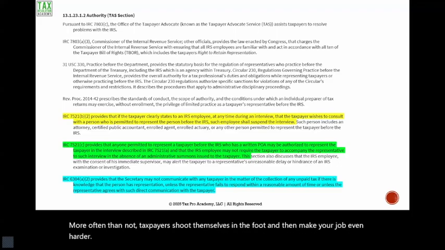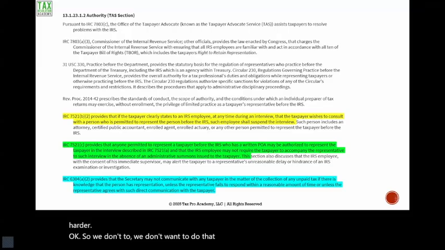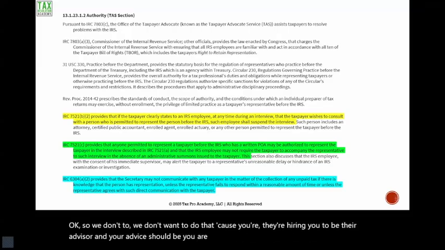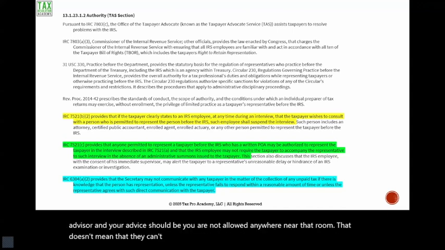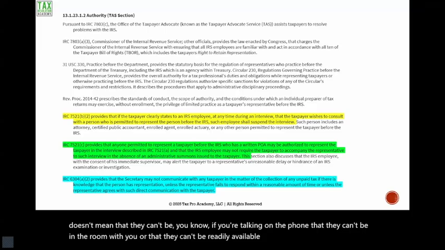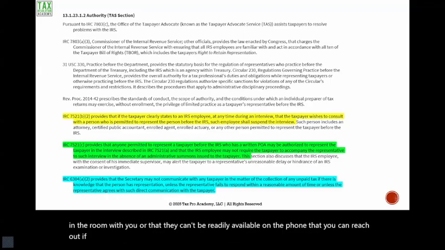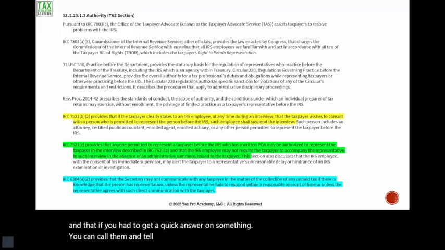Okay, so we don't want to do that because they're hiring you to be their advisor, and your advice should be you are not allowed anywhere near that room. That doesn't mean that if you're talking on the phone, they can't be in the room with you, or that they can't be readily available on the phone so that you can reach out if you had to ask questions. Let them know that you're in the conference and that if you had to get a quick answer on something, you can call them, and tell them to please be available during that time frame. And then under Code Section